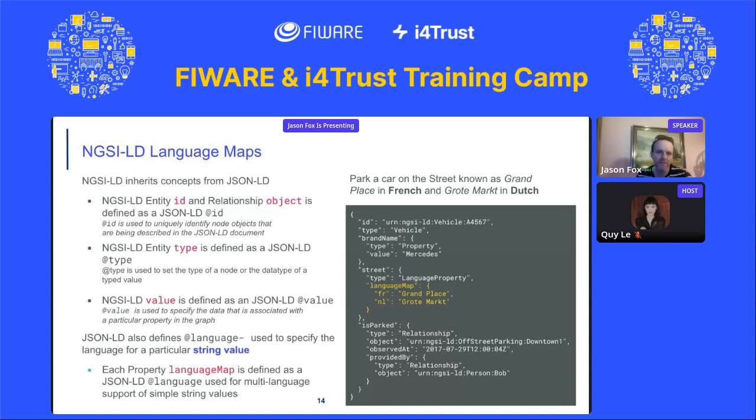And then one of the concepts you've got in there, which is particularly useful for smart tourism, but also for any multilingual situation, is language maps. JSON-LD has got a series of operators. For example, @value means that you've got the literal value of something. @type is the same as the NGSI-LD type. @id is the same as the NGSI JSON ID. It's the unique identifier. All these are defined in the